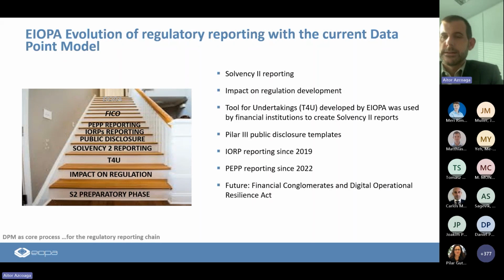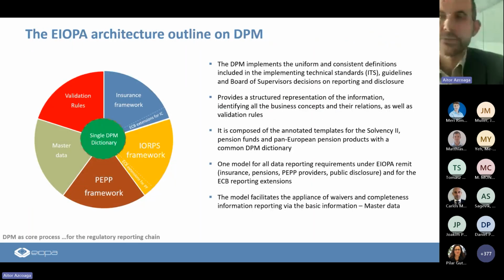So it's going to fit very well with the DPM 2.0 on this evolution, because it's actually much more demanding in terms of features than when we started the development on DPM 1. So the journey has just started. The last framework is FICO, and we published it a few months ago.